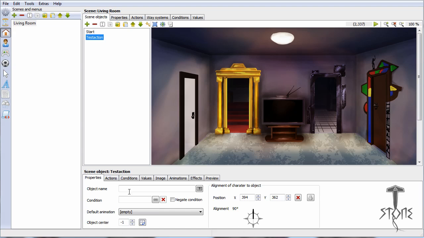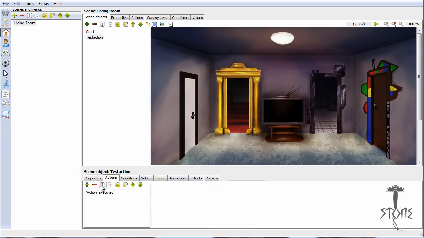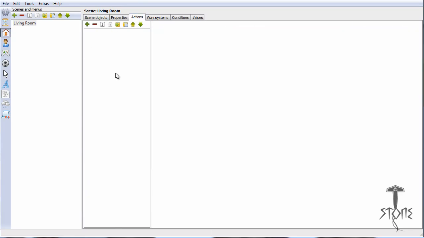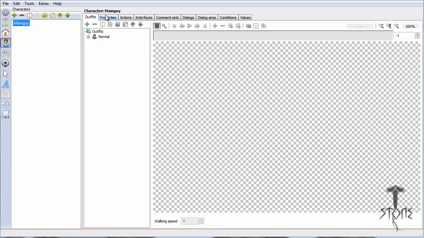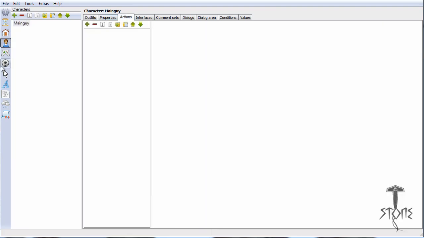That being said, Visionaire has a few neat things going on with actions. For example, right now we are in the scene folder in the living room. You can put them into a scene object like we did in the last tutorial. You can also put them into the scene right there. You can even put them into the characters,